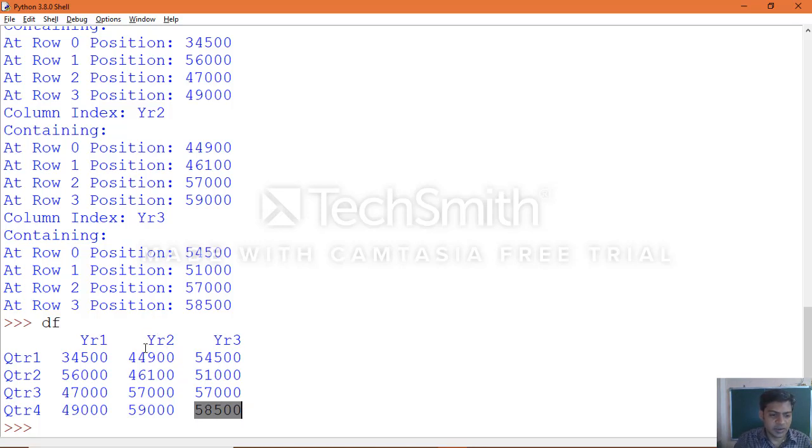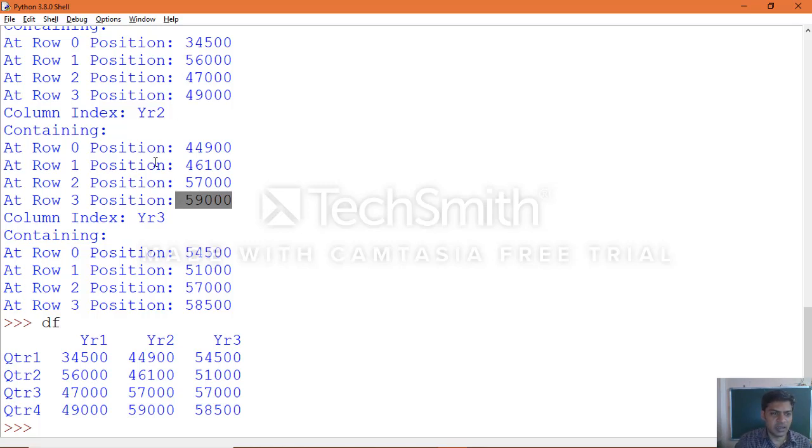Same way above, year 2 column index and row 0 position value. Look at that clearly. Same way year 2 row 1 position, yes, you can see the value. Year 2 row 2 position, yes, 57,000. Same way year 2 row 3 position, at row 3 position the year 2 sales details. So like that you will be able to access.